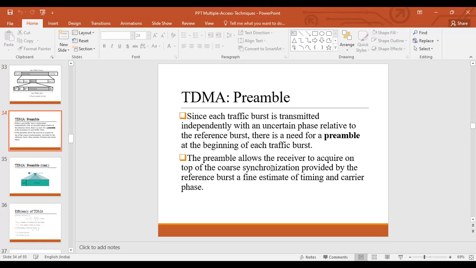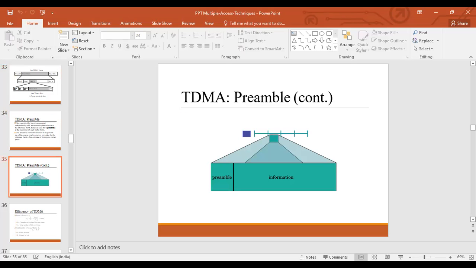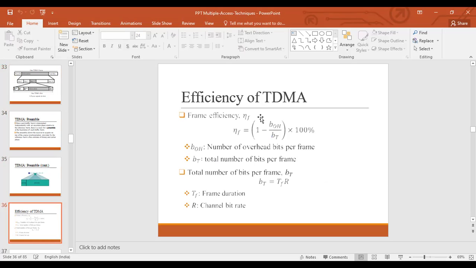These are the theoretical part which all of you can go through. So this is the TDMA efficiency. In the last class, we went through this TDMA efficiency, where it is defined as 1 minus BOH by BT into 100.